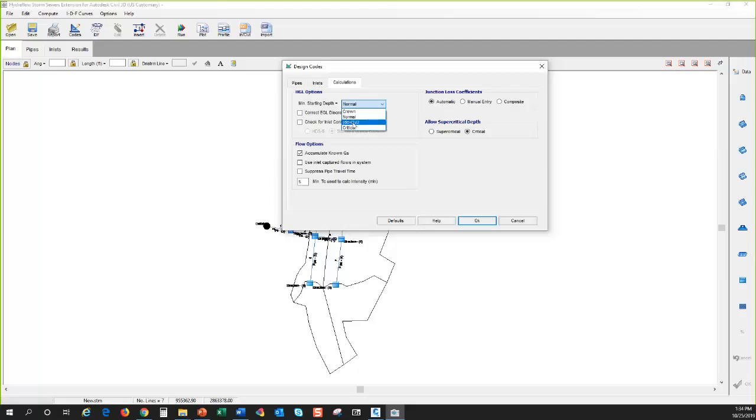That's normally what I've seen and used around here, but those are the four main types, so you can set it to whatever you want. This correct EGL discrepancies, I'm still trying to get more information on how this is calculated, but the correct EGL discrepancies, as I've tested in the software,